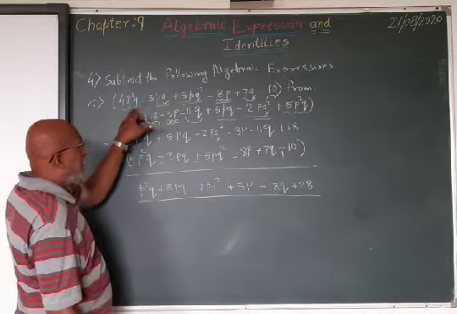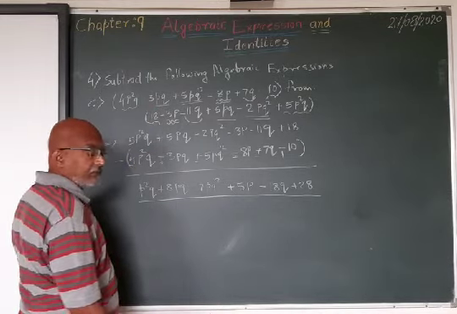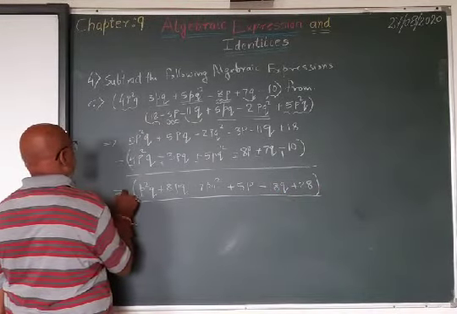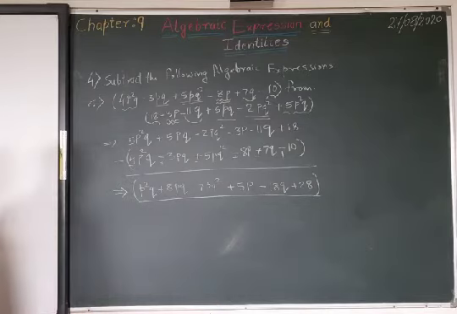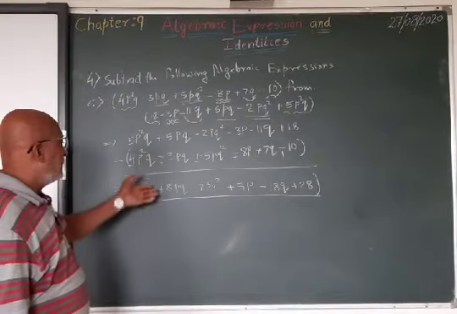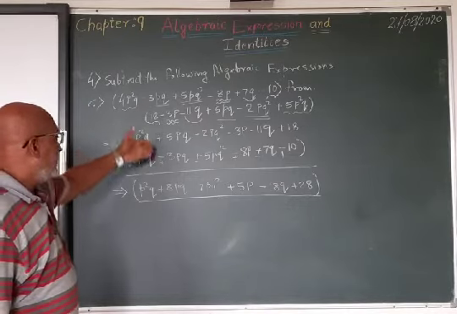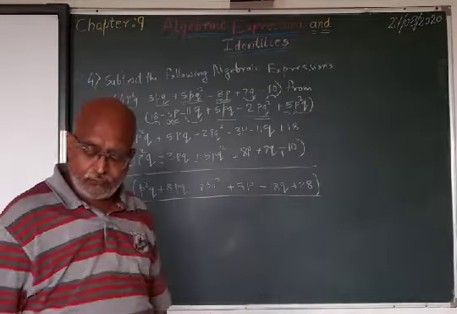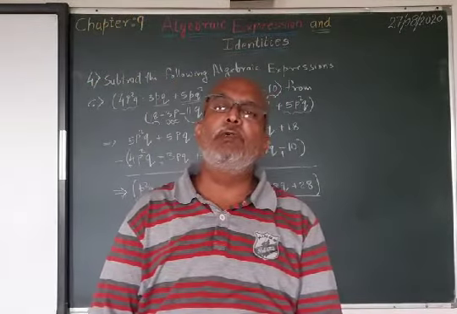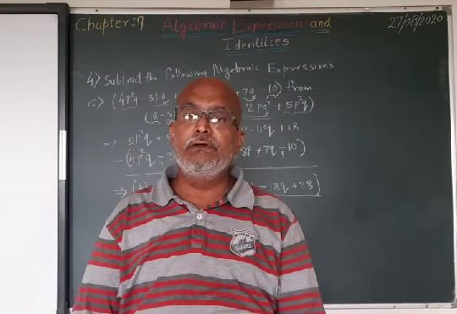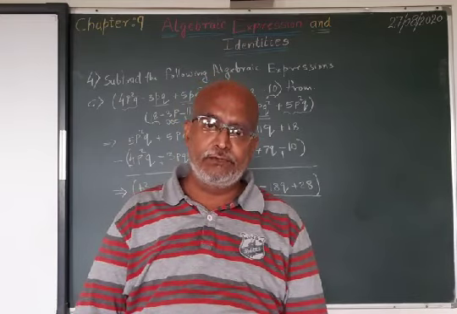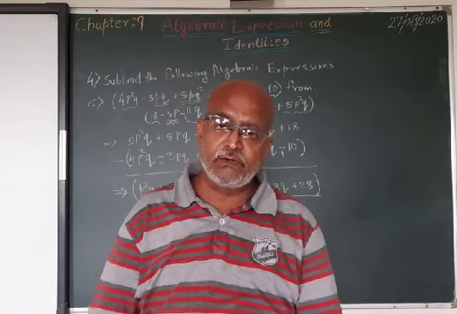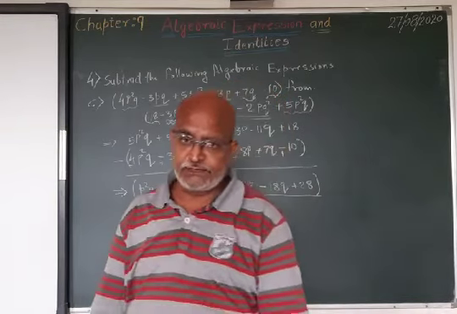The subtraction of these two is given by this expression. Got it clear? So this way you can do the subtraction also by the vertical method. Understood? So do complete exercise 9.1. It is the homework for today. You should complete it today only. It is very easy. It will take merely 30 to 40 or maximum 50 minutes to complete.